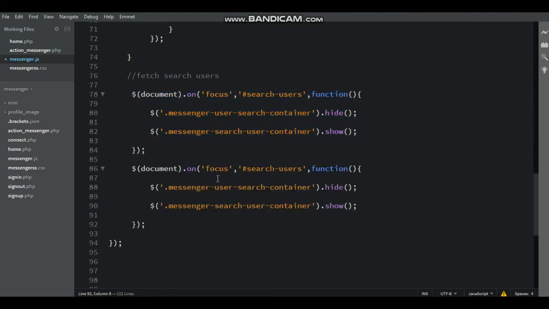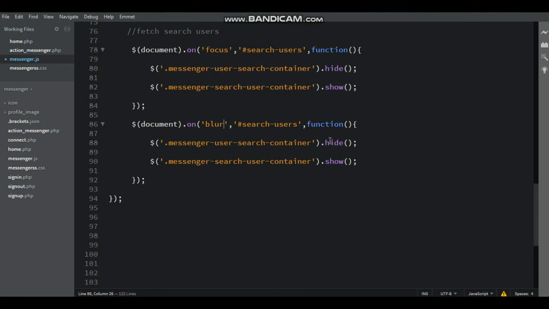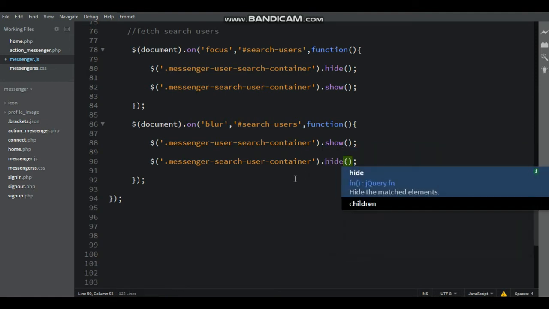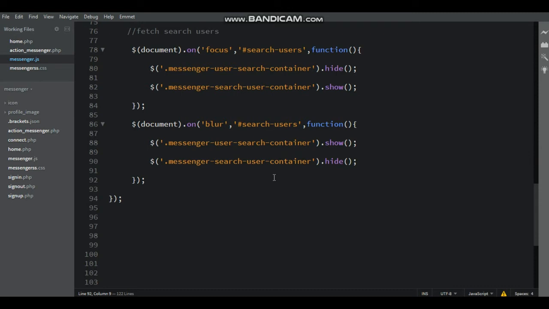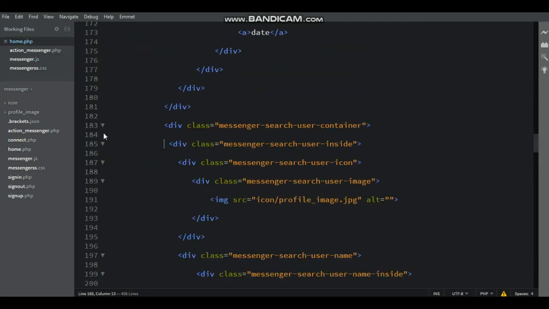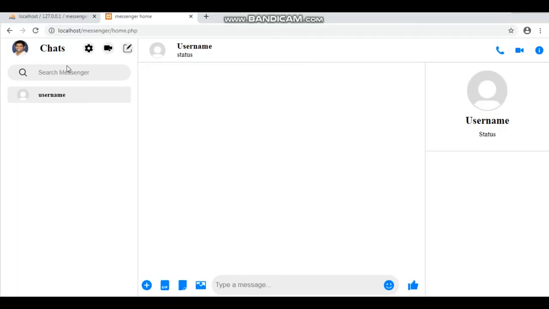Now copy the same focus as search user, paste below that. Here changes document dot on blur, id is search user. Here that is changes chat user show, and then search user hide.